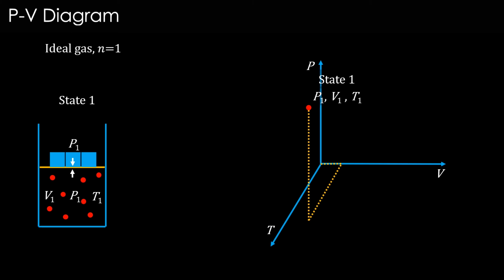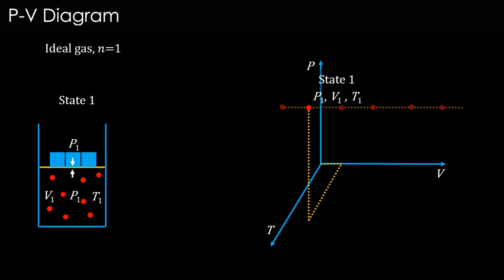Using a pressure versus volume graph is very useful to understand many concepts about ideal gases. Let's see it. Consider 1 mole of ideal gas. It is in state 1, can be represented in a PVT diagram. Now look at this line. On this line, pressure and temperature are constant and only the volume changes. But is it possible to have any of these states in equilibrium? No.